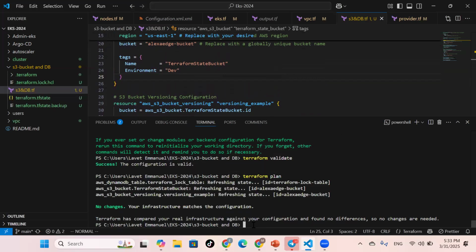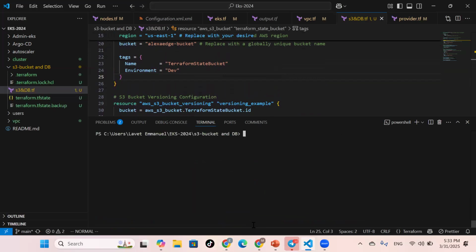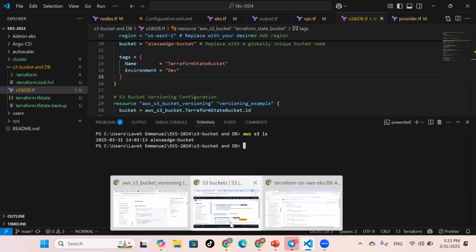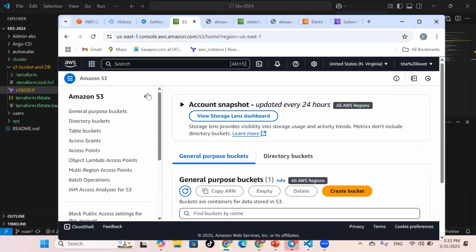You can either go to AWS, let me clear my screen. You can go to AWS, you can do aws s3 ls. You can run that command. Now it says there's a bucket called Alexa H bucket, you see? Alexa H bucket, okay? So if you don't want to run that command, you go to S3,